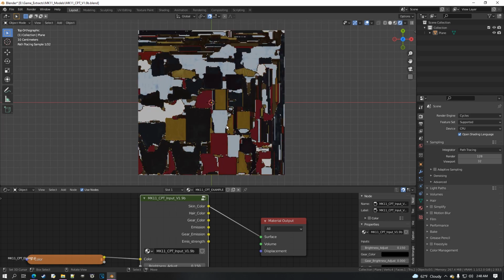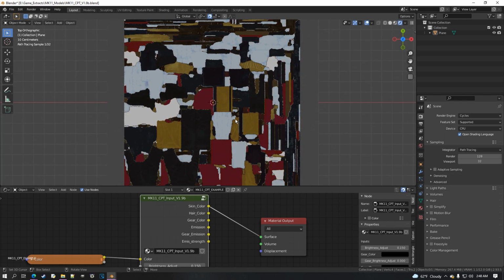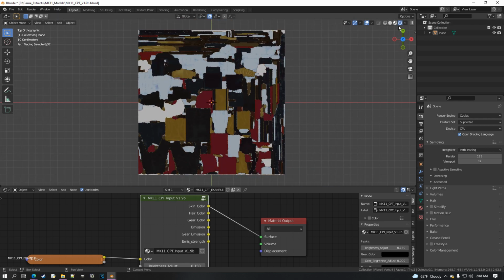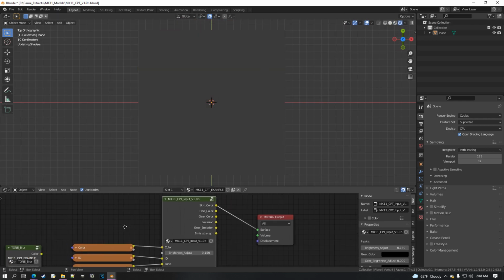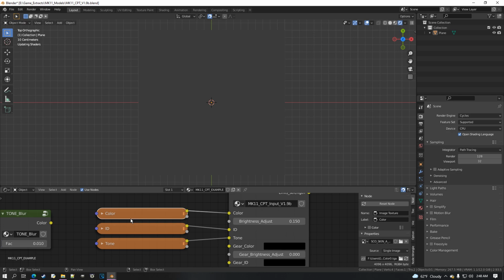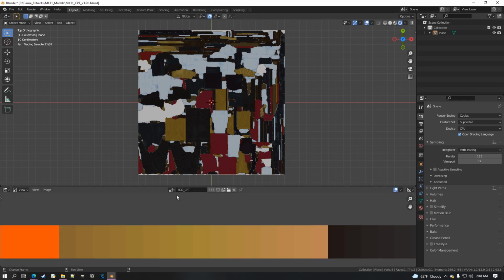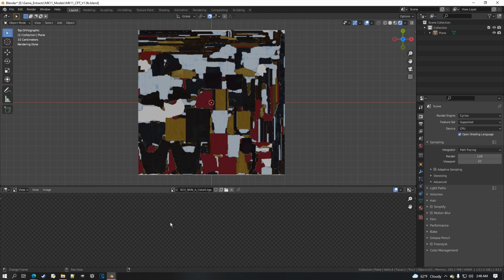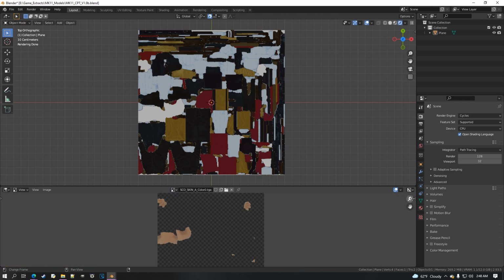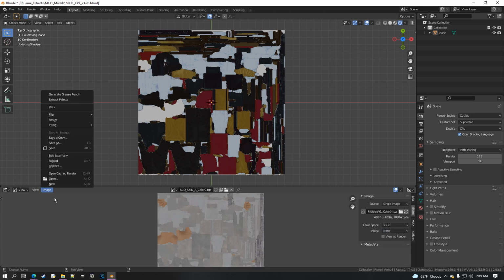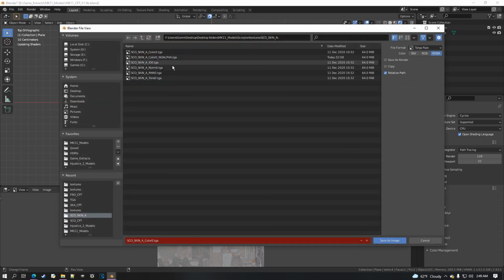You know, OSL is a lot slower. You notice that the textures are a lot darker than how they look in the viewport, because for some reason, compared to Cycles, OSL doesn't pay attention to the image properties. So even though it's a channel pack, it doesn't want an alpha there. So what I usually do is just go over here, go to the color,